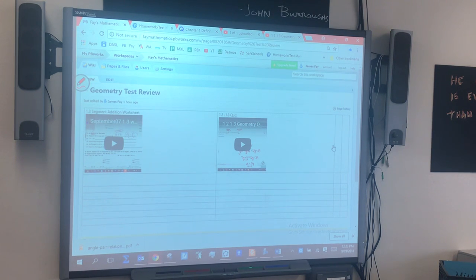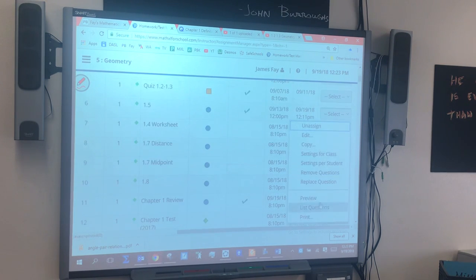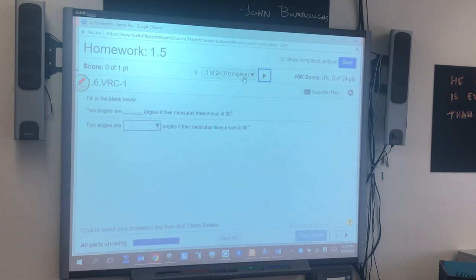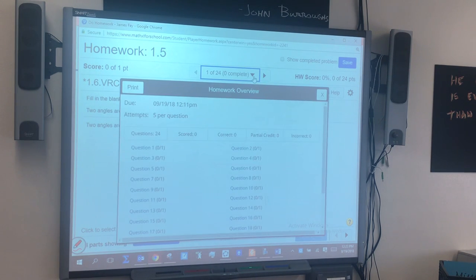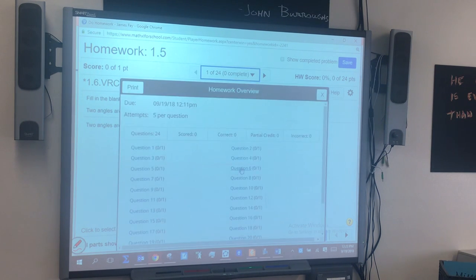There is a worksheet 1-4 that I haven't put up yet. I'll put that up this evening or tomorrow morning, so you can use that again to help you prepare. When you're doing the optional reviews, I know there's a lot of stuff here I'm trying to just make sure that we're aware of. If I preview this with you, hopefully you've seen this and you understand this or you've made a connection. But if I look at, let's say, well, this is the home, not the optional review, it doesn't matter, but let's go to,